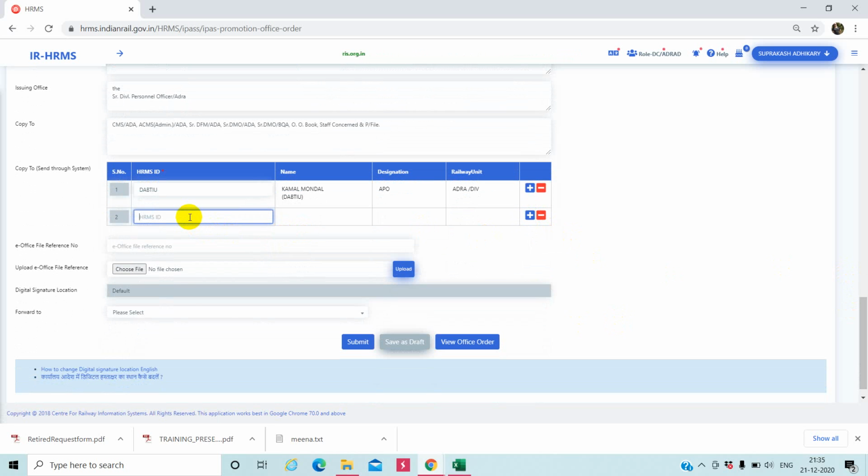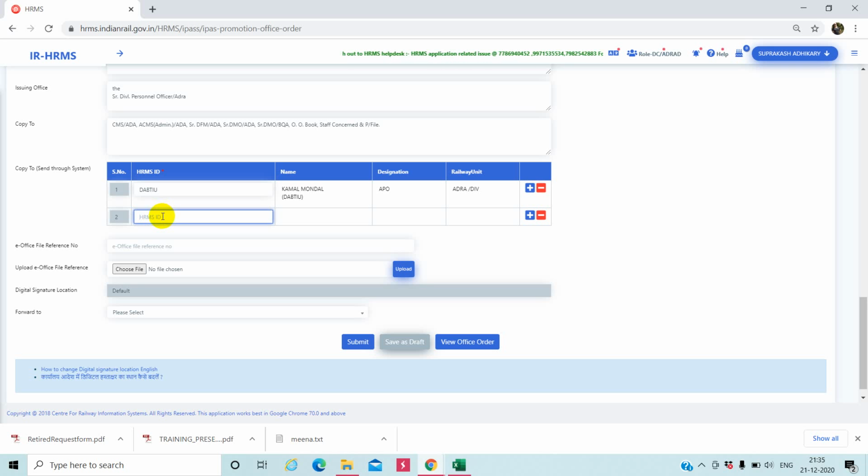We put the HRMS ID of the concerned branch officer and forward it to the department. So it's very simple. You need not go physically, or go by DAC or something else, but through HRMS you may forward this order to the concerned department.